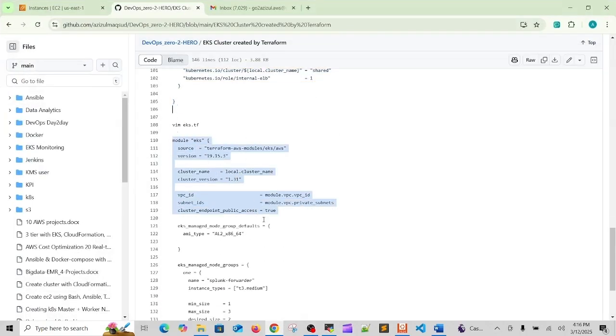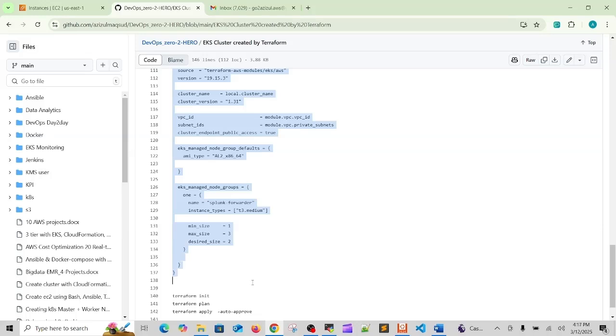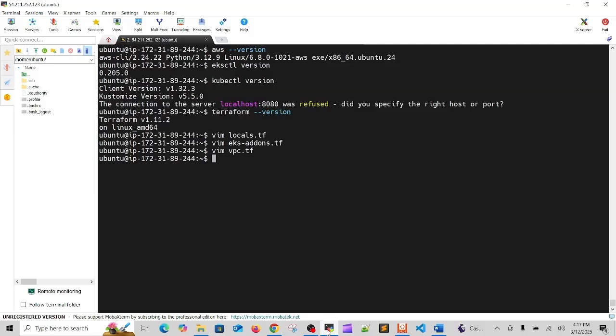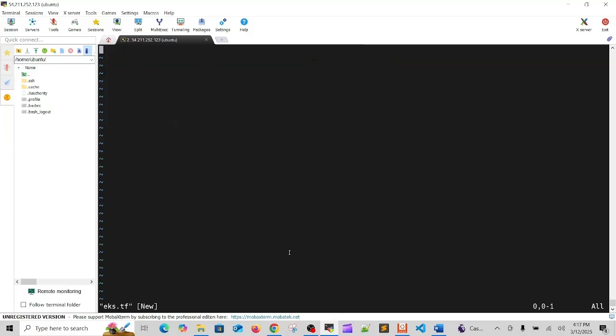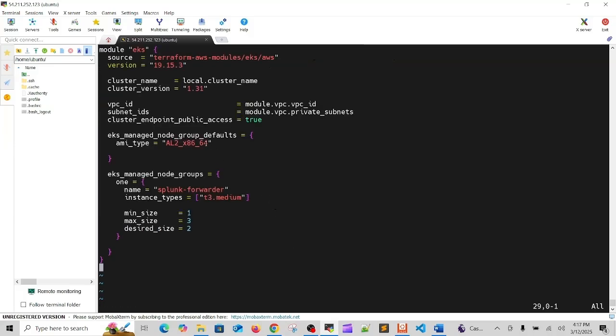Now EKS.tf, our main thing is here. Okay, Control C, vim EKS.tf. Okay, so here see the first module. So under this module everything, see the left indentation. So source, version, cluster name is local.cluster_name. Our local file will be here. Cluster version, VPC ID, subnet IDs, cluster endpoint, EKS managed node group, AMI type, then EKS managed node group 1,